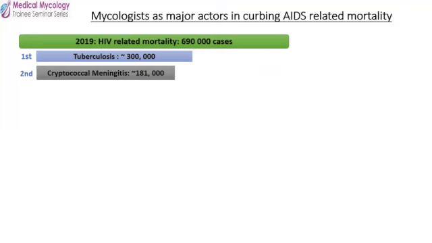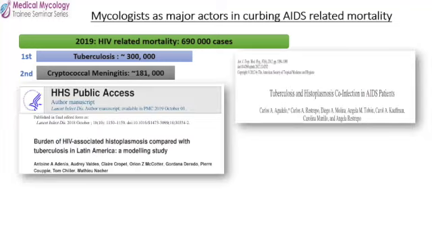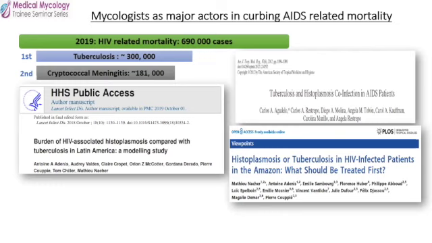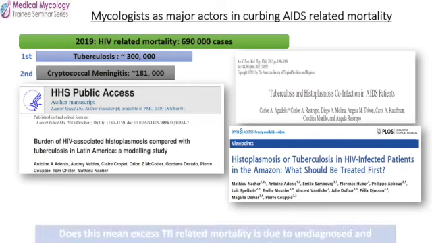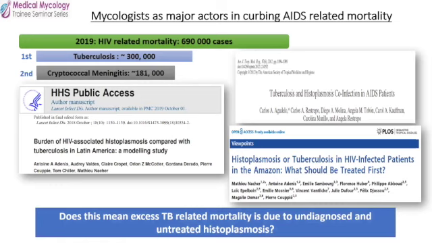Why do I say so? There is growing evidence that the burden of histoplasmosis is comparable to that of TB. And now in the Amazon, colleagues are asking the question, histoplasmosis or tuberculosis in HIV-infected patients, which one should we treat first? This tells us that maybe part of the excess mortality reported for TB is due to undiagnosed